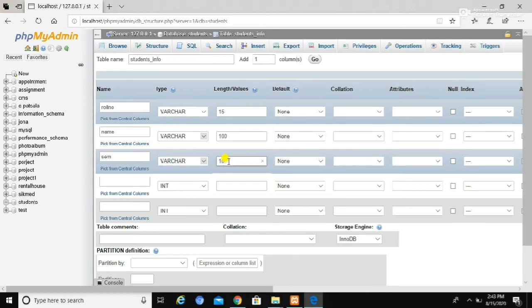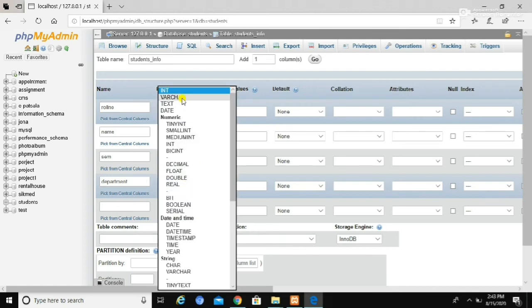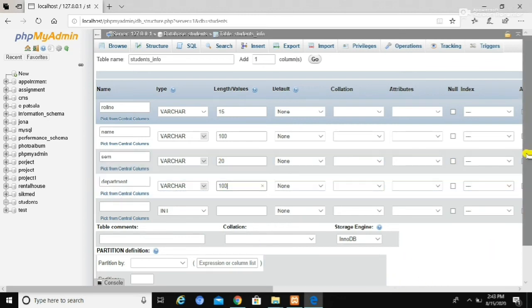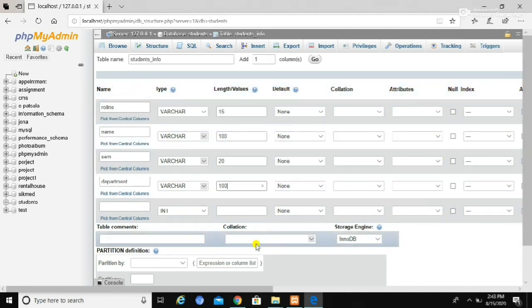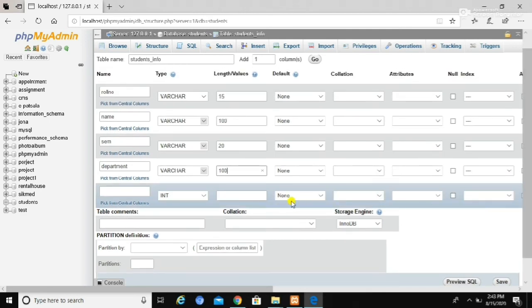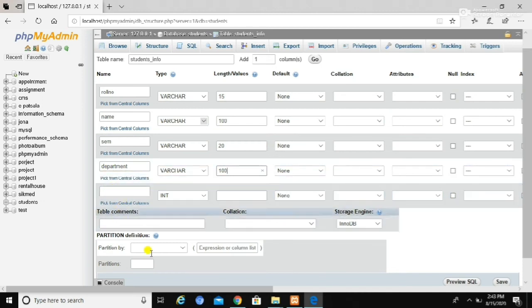If we want to store a number, then we need to select integer. Similarly, we have a number of types available in phpMyAdmin. So this is how we can create our table columns, and after creating the table columns, we need to press the save button which is in the right hand side bottom corner.